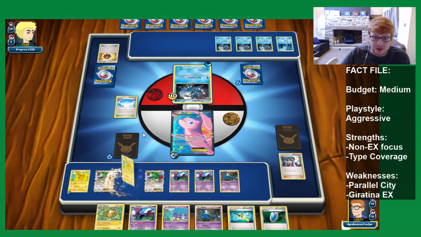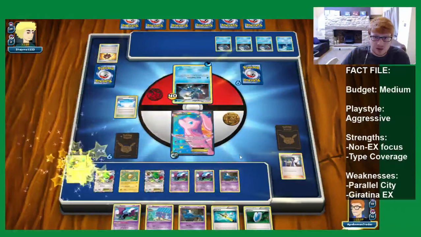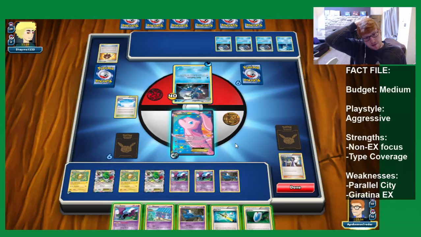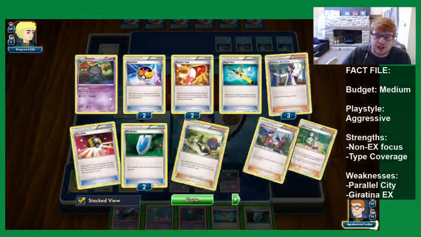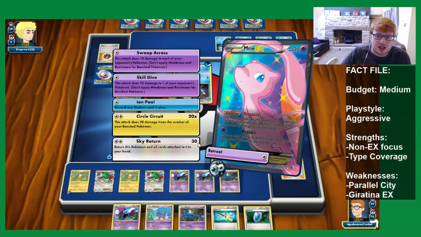We can get double Raichus out. Is the snipe going to be relevant? I don't think it is. 2, 4, 6, 8, 10, 12, 14. We don't need this Super Rod just yet. Don't need to do anything really. We'll just...